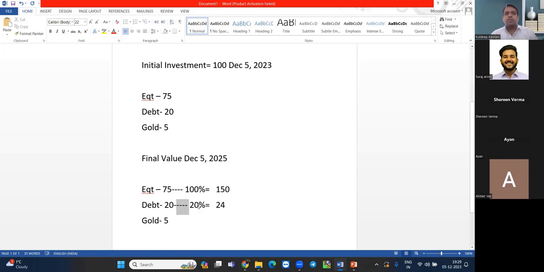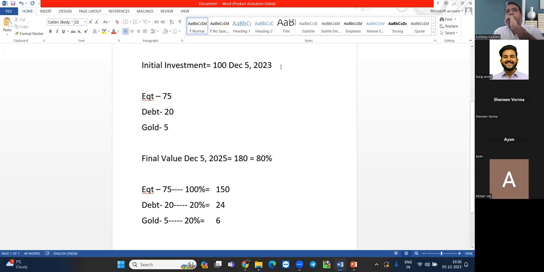Let's assume the same return comes in gold. This is absolute return in 2 years. Gold's absolute return might come up a little higher, but I'm taking this one. So 20% means somewhere around 1, that means 6. So what would be the value of my portfolio? 180. So on the portfolio, I have earned how much? 80%. Yeah, 80%.